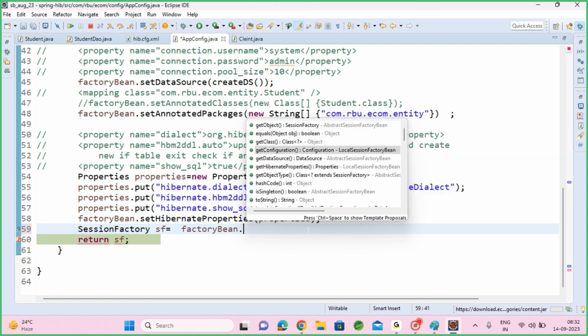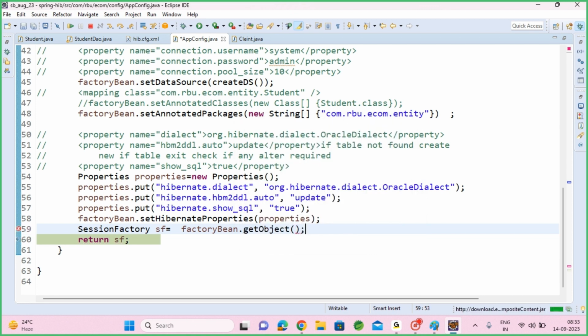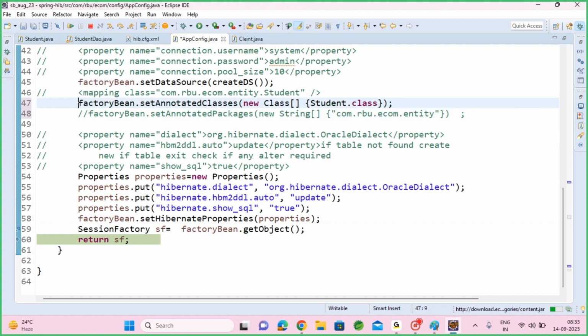No, no. Get object should give us the session factory straight away. For this factory, my only doubt is that it is unable to pick up this entity. Let me give the class only. See,